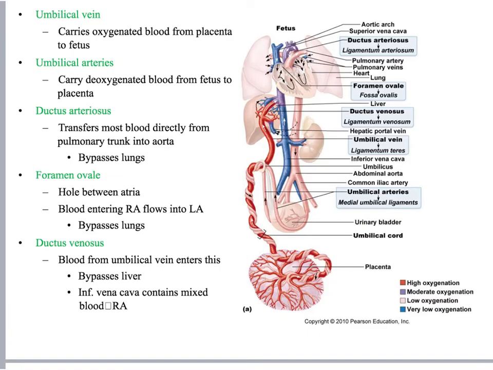So, as long as we're talking about the cardiovascular system, we can talk about some of the special things that are present in a fetus and in fetal circulation. Embryonic development of the cardiovascular system lays the groundwork for the fetal circulatory system, which is converted to the adult pattern at birth. A lot of changes. Now, remember I just said the first blood cells really do arise in the yolk sac. We make good use of that.